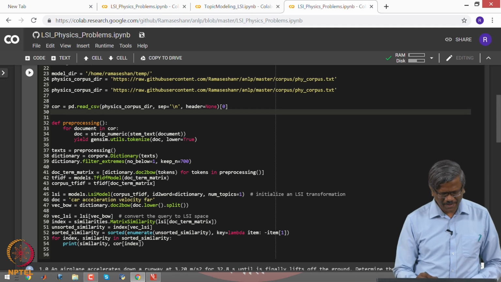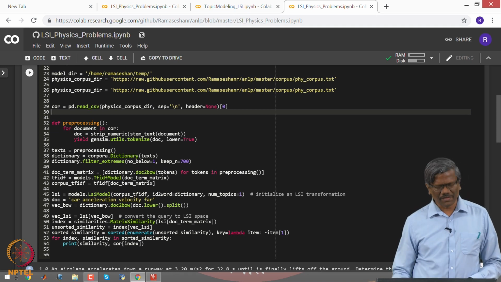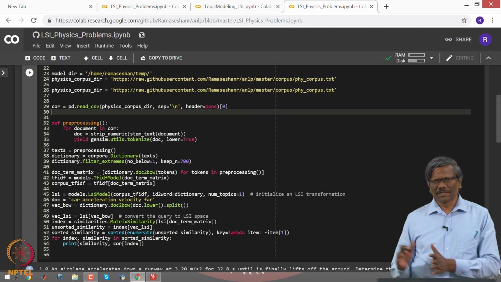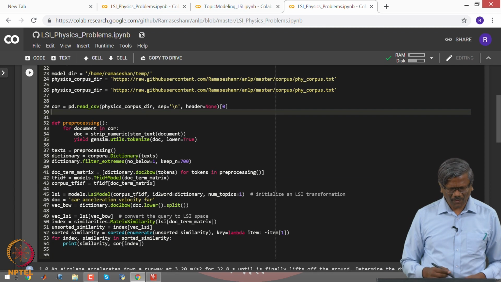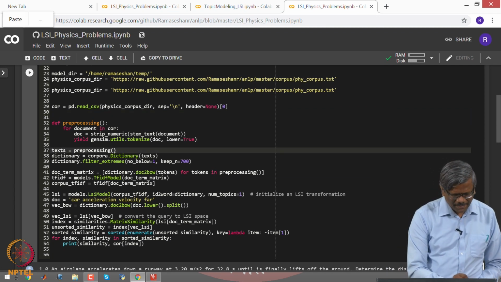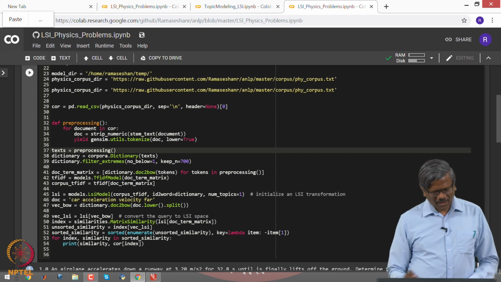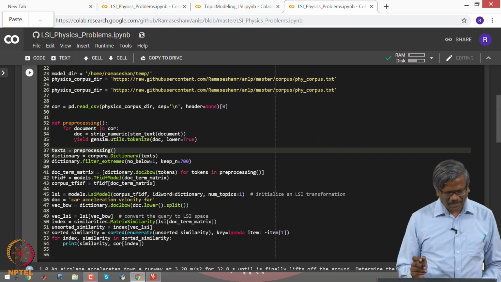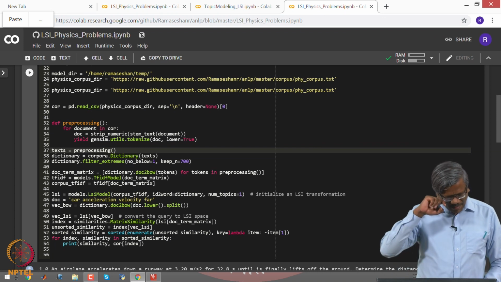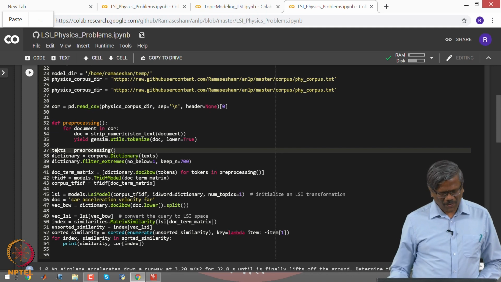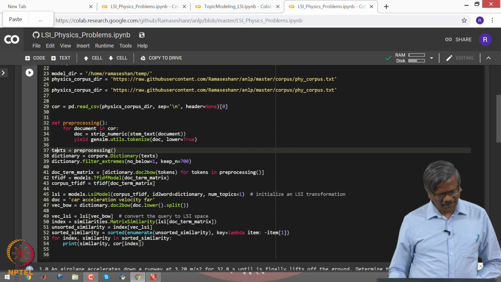Then I have a small pre-processing function which takes away all the numeric values and then tokenizes. I am just creating a text initially which contains all the tokens related to the 271 documents, and then I create a dictionary with respect to the vocabulary of the words used there.